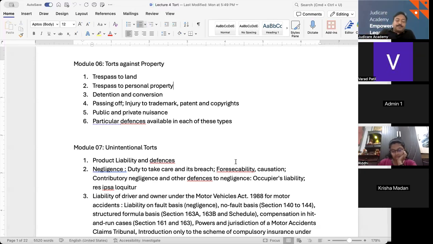Second thing is necessity. If an individual enters the land to prevent more significant harm, for example, to escape a fire, this may provide a lawful defense to the trespass. So there was a necessity. There was a fire and you have to jump into that property and run through it. Or there was a dacoity happening or robbers have come in and you have crossed that place. Or there was a tsunami which has come and you are trespassing the place just to cross it and to safeguard your life and liberty. Then it is not a trespass. So if it's a right necessity, it cannot be.